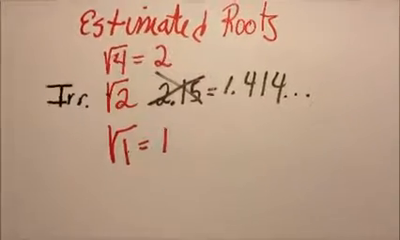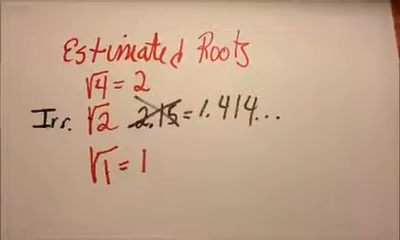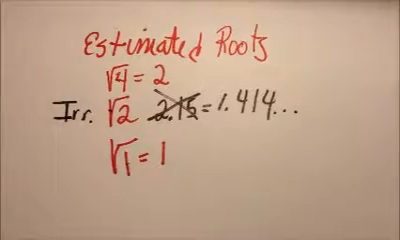So anything that's not a perfect square root, anything that goes on and on forever that doesn't repeat, is going to be